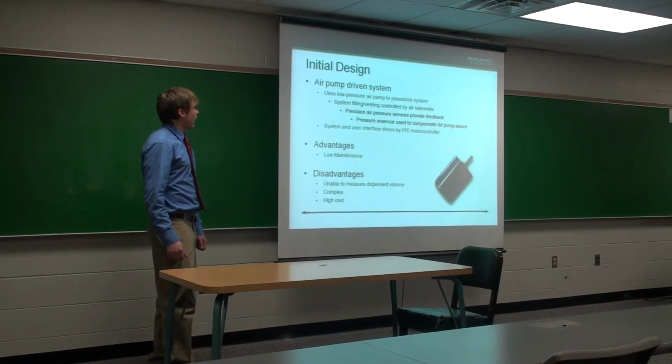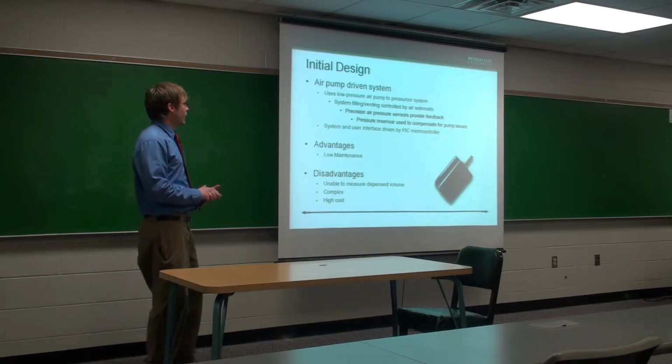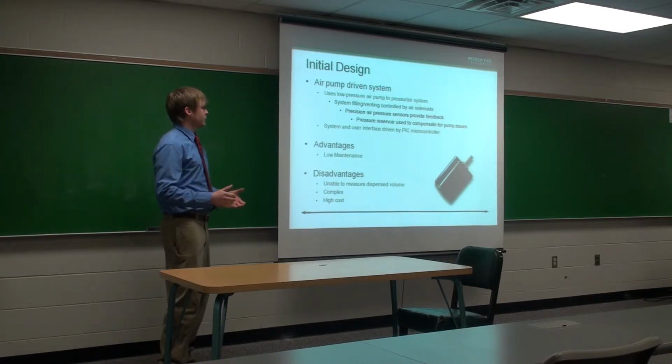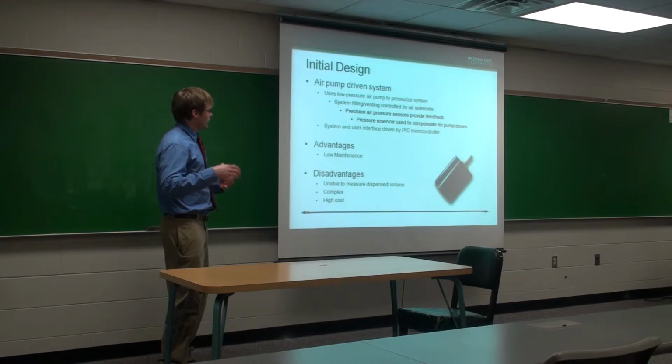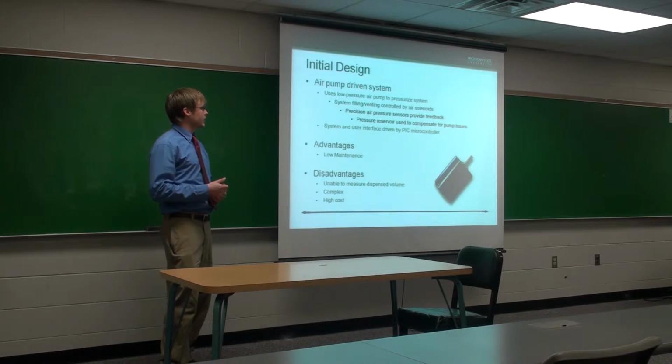went through here. Our initial design idea was actually to use an air pump to pressurize the system. Basically, this used a commercially available medical air pump, a low pressure pump, to pressurize the system, and then it used a sequence of air solenoids to either vent air from the balloon, send air to the balloon, and also to control the flow from the pump to prevent air from leaking back through the pump